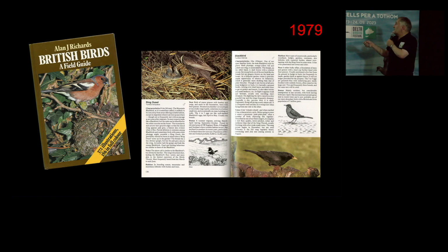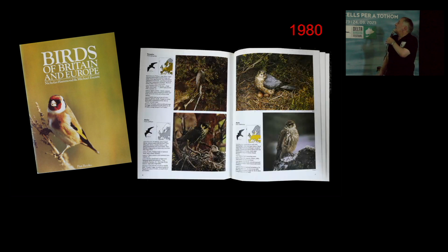And there's also a picture here, an illustration added, so it was a combination of field guide that had a combination of photographs and illustrations. And it was in the following year that this rather larger format book was produced in English, Birds of Britain and Europe, which really was the first attempt to try to collate information with photographs, for use not in the field. It was far too big to use in the field,